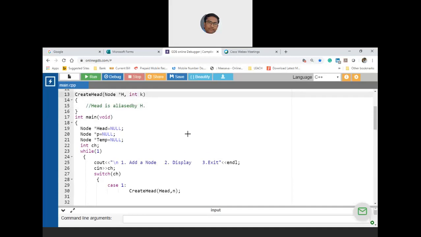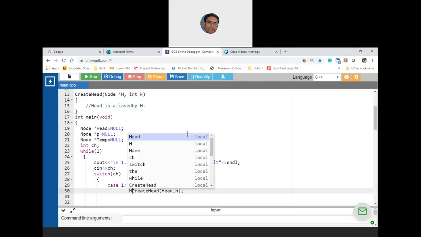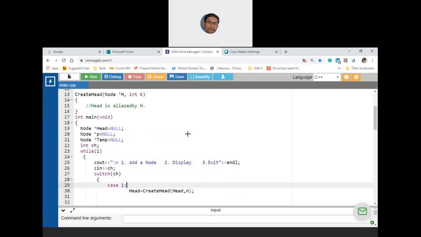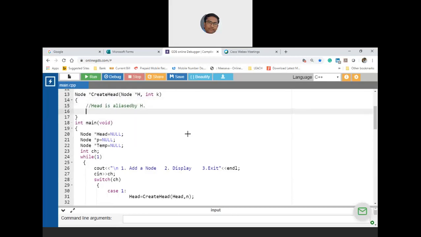And because I have already said that this function has to return the head node, it will return head. Node* is the return data type, and you need to ensure that you are returning h. Is the second approach clear? Yes, sir.